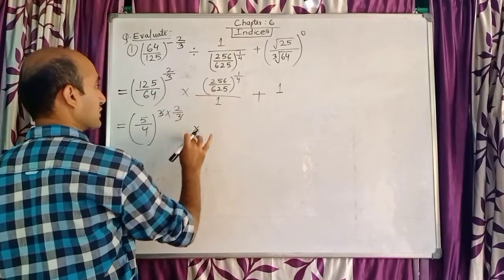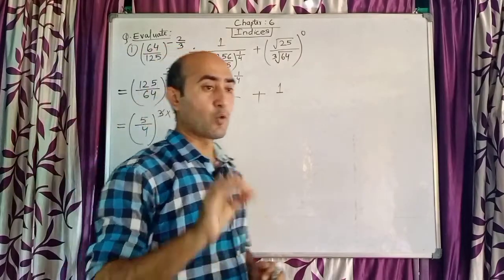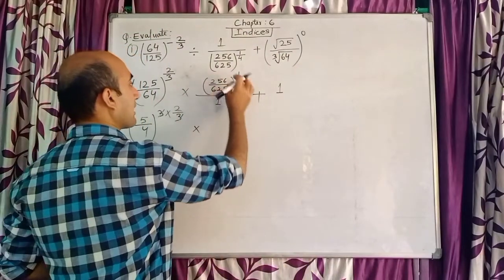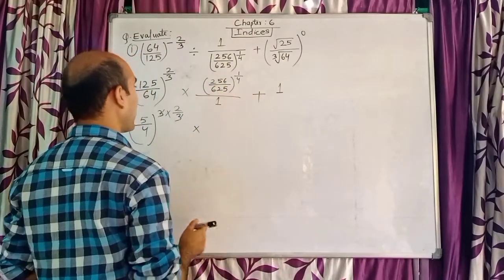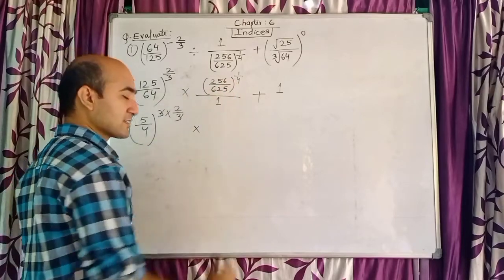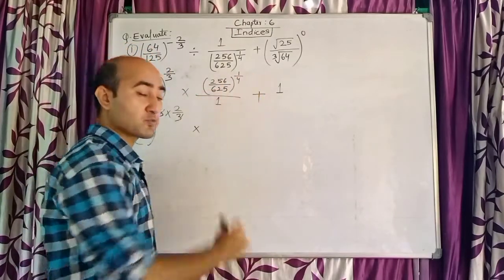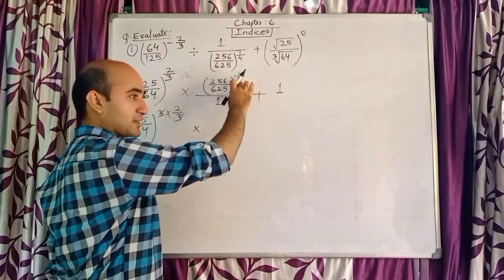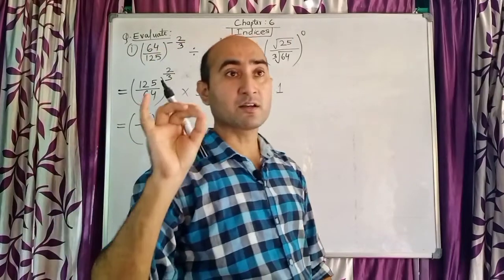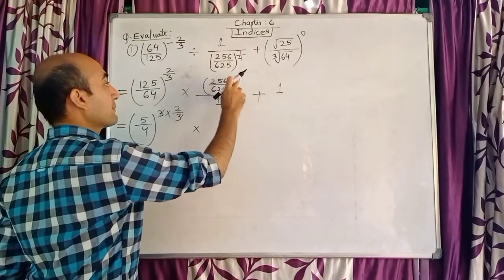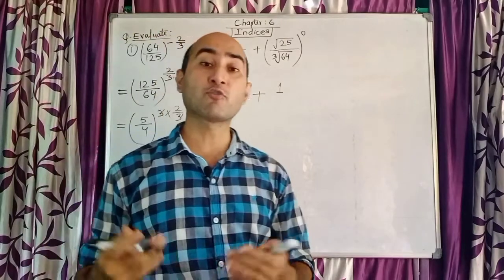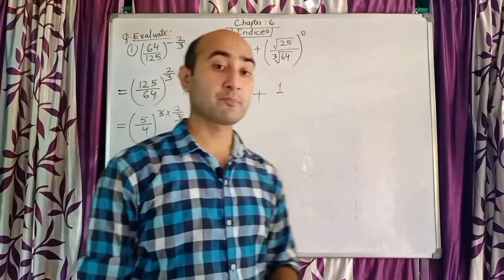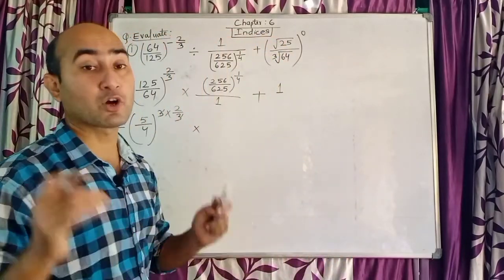Now the same multiplication you put here. Now you all know, children, 1 at the denominator has no value. So now we will not write 1, we will only write the upper part. So what do we have in the upper part? We have 256 by 625. Now you can see the power is what? Fraction 1 by 4. So now you look at this 4, the denominator of the power. Now 256 will become power 4 of what? That you have to think. And 625 will become power 4 of what number?